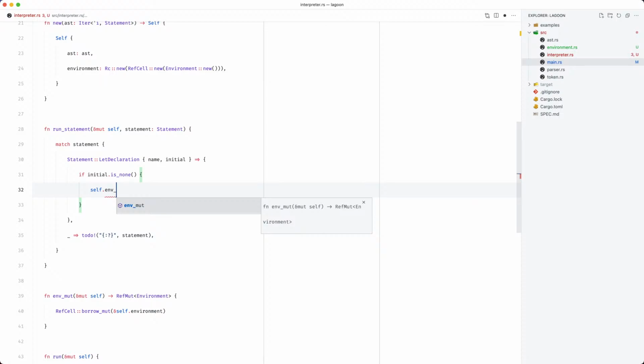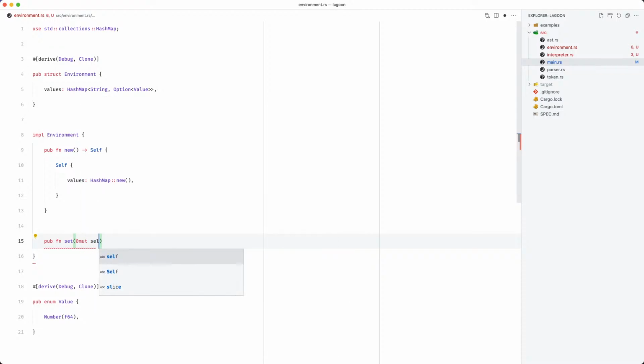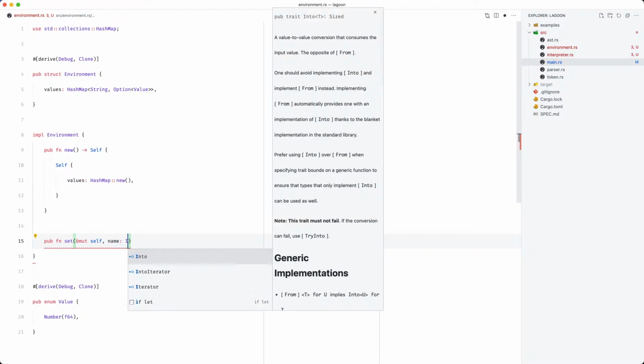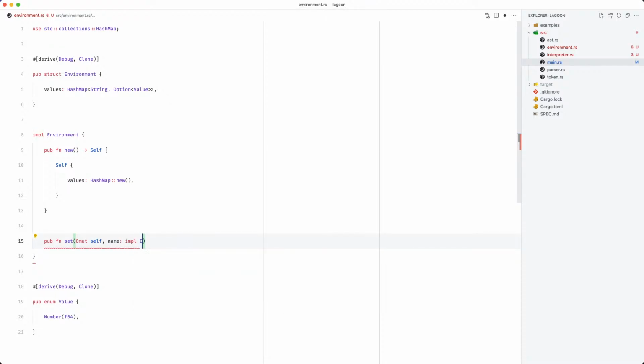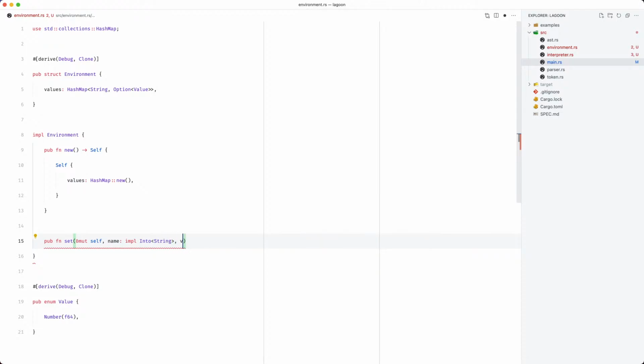So now we can say get a mutable reference to our environment, and add a new method to our environment called set, and this will be a mutable reference to self, and then we'll have the name of the variable, which needs to implement into string, and we also need to pass through a value.